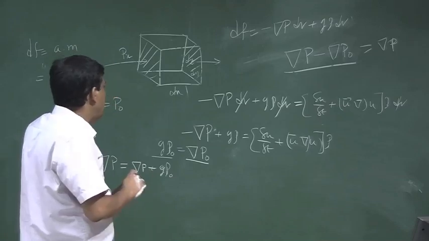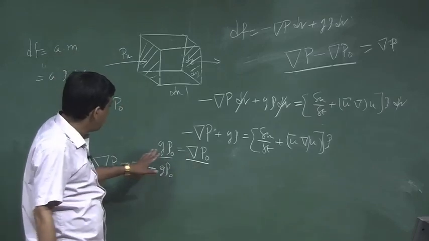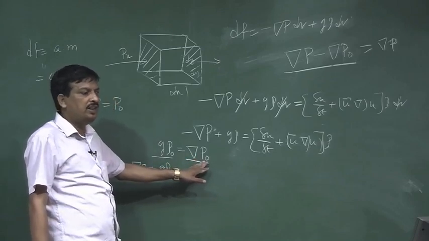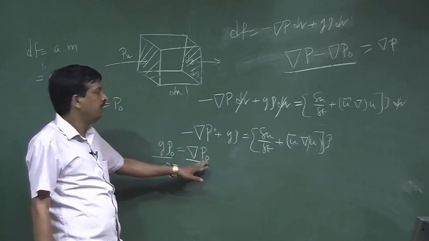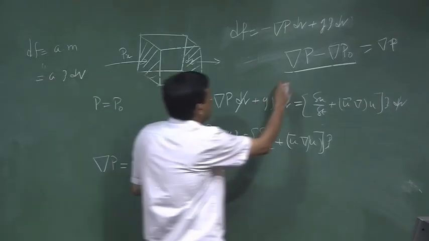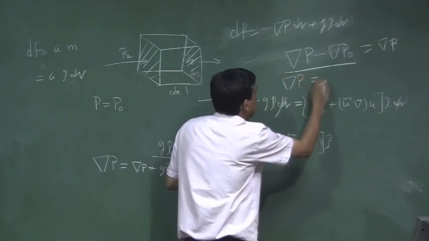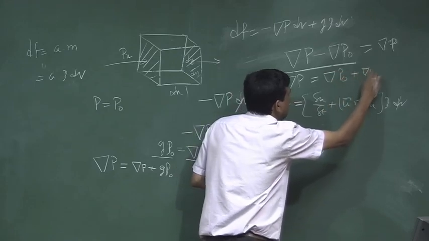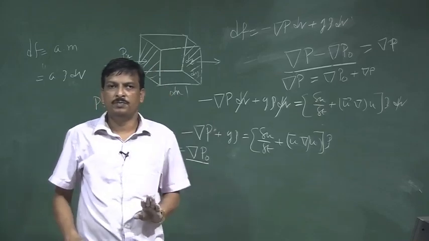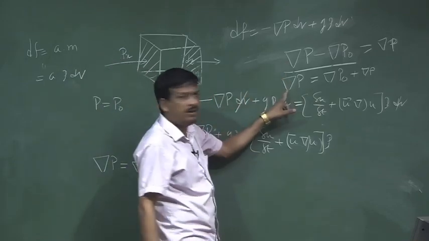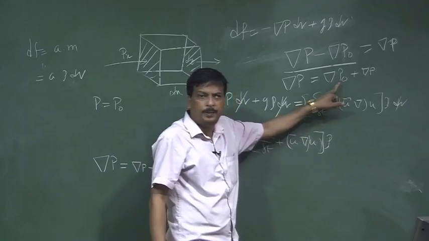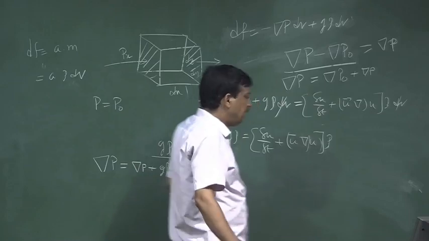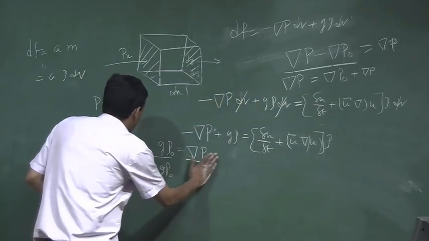Okay. So, if there is no acoustic excitation, then I say g rho 0 is nothing but a del rho 0. In that case, I can write the equilibrium pressure, this del capital P, is nothing but del P 0 plus acoustic pressure. Is that okay or not? From this equation, I can write total pressure is nothing but equilibrium pressure plus acoustic pressure. Okay. So, if I put this thing in this equation,